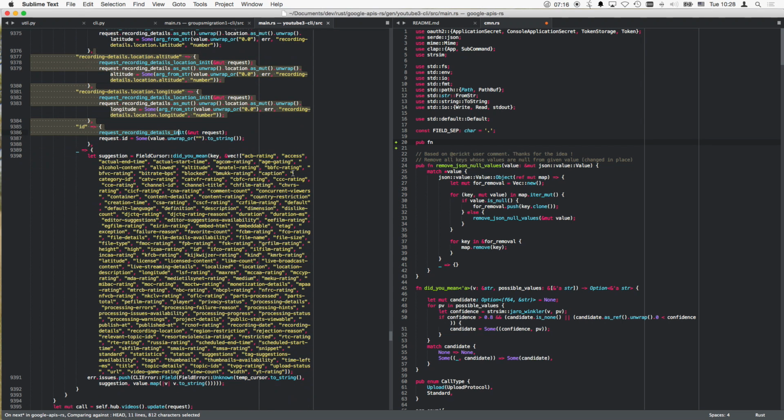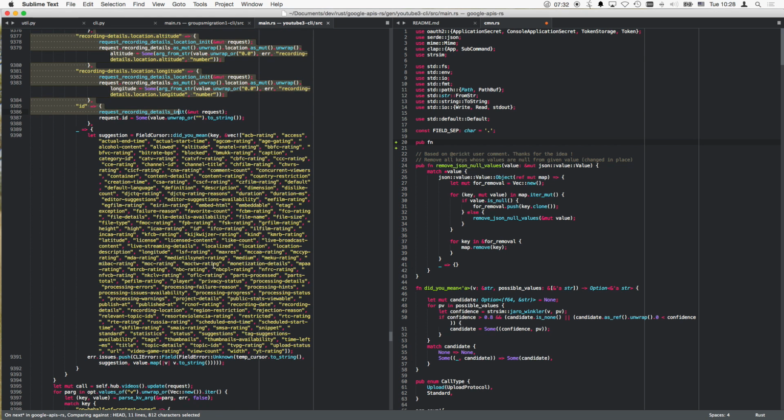And the job might also include suggestions. Did you mean key? All right. So how does that work? Field cursor has its own did you mean, and this is how that works. Okay. So we have to determine if we have fields in there that didn't work out. So I guess,